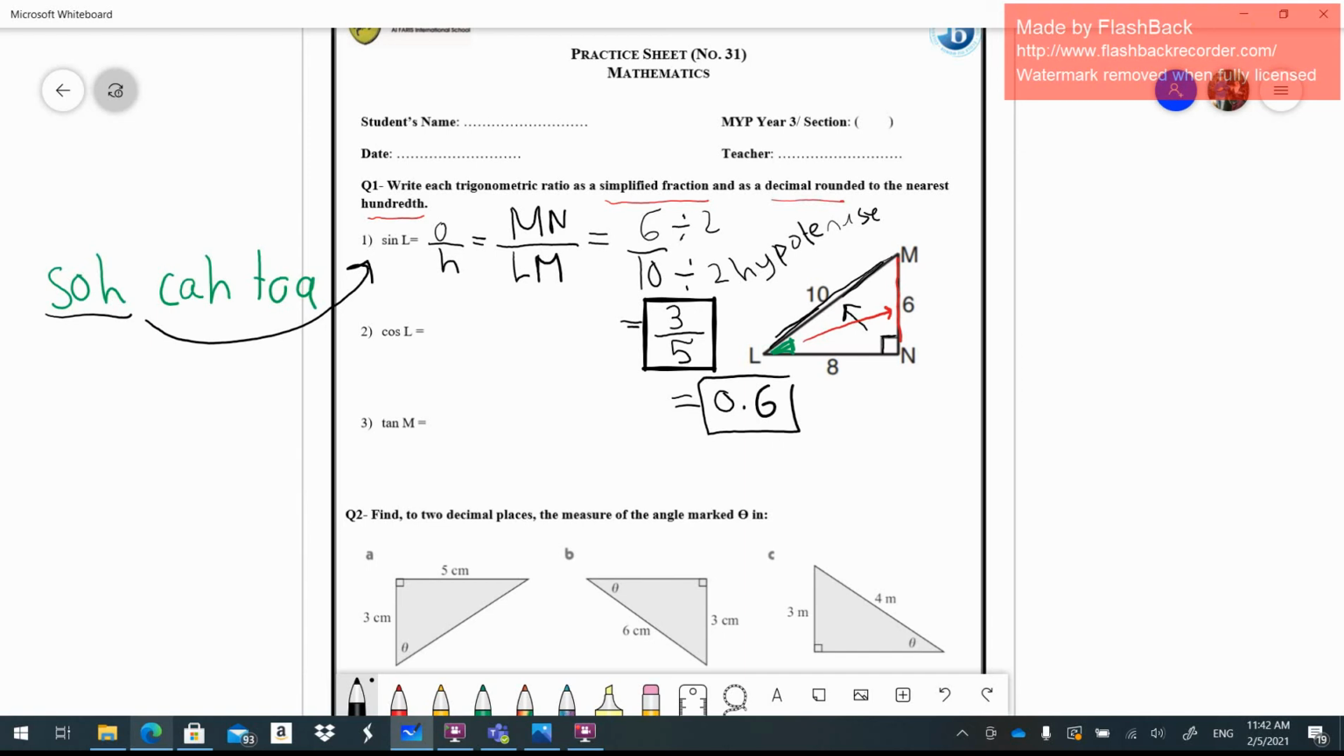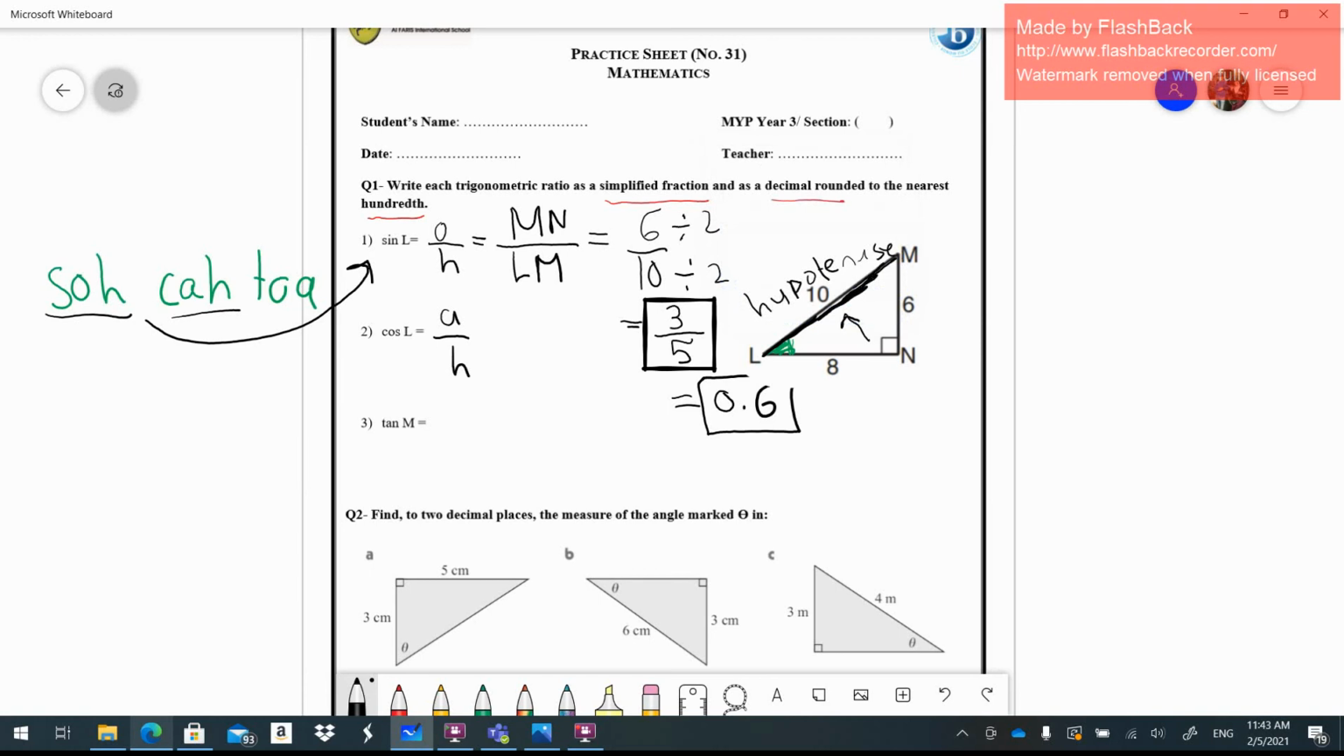Similarly, the cosine of angle L. Let's see again, angle L is here. Now, what's the cosine of the angle? Using SOHCAHTOA again, the cosine is adjacent over the hypotenuse. So where's my adjacent? Remember that the hypotenuse will always be the same. It's always the side facing the 90 degrees. So this is the hypotenuse again,